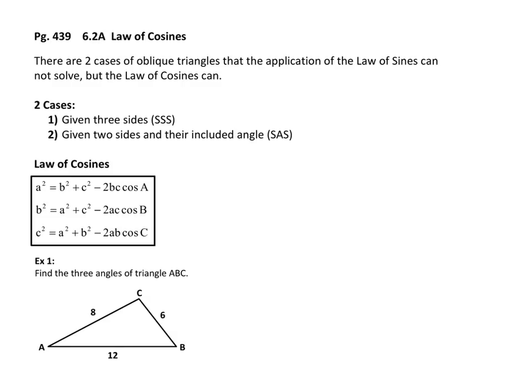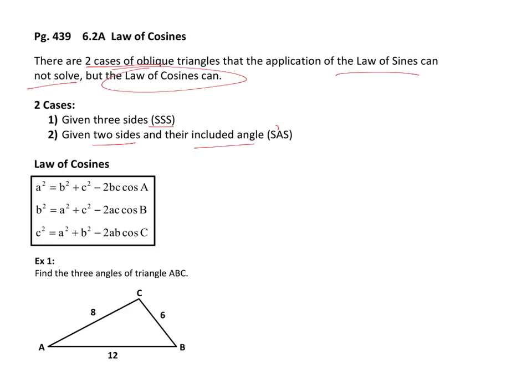Okay, starting 6.2a, law of cosines. Now there are two cases of oblique triangles that the application of the law of sines does not solve, but the law of cosines does. Alright, so the two cases are when you're given three sides, or you're given two sides and their included angle,